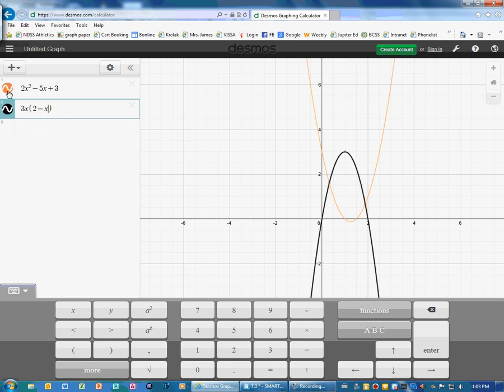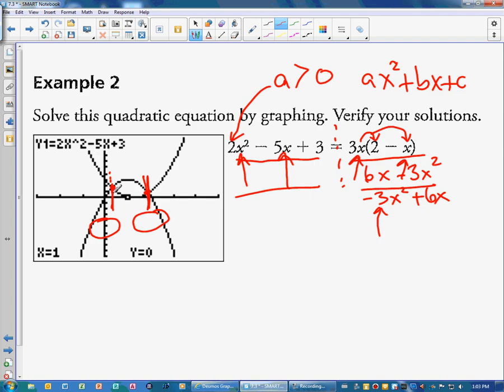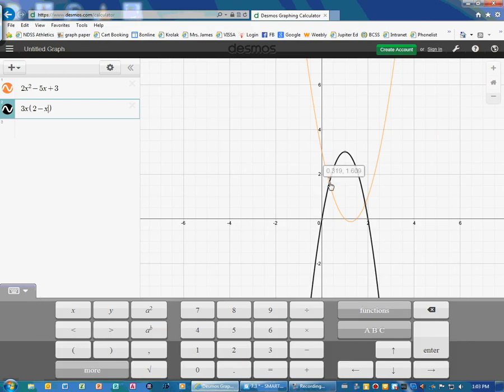And so look at here, they're showing you that the first graph is orange. So here it is. The second graph is black. Here it is. Remember what I told you here, I'm interested in where they intersect. And it's the x part because look, I'm solving for x. So I go to my graph, my first x. This is way easier than using the graphing calculator, by the way. It's as simple as sticking your mouse over top. So the first x is at